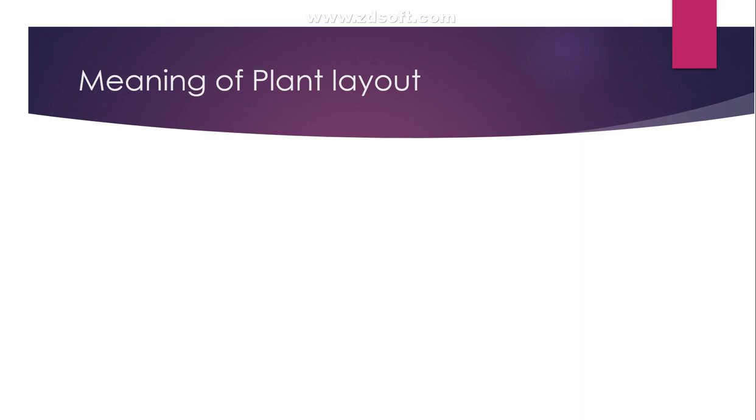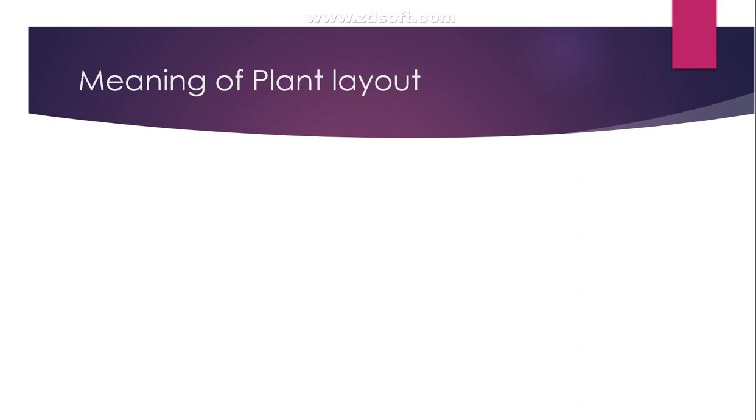What is layout? Layout is the structure of any business organization. Structure in the sense of how the flow of production, or the flow of different functions, is performed in the production function. As we all know, production operations management has to spread its scope into different areas in order to function smoothly. So it is very important. This is one of the major aspects to study and to know what it is all about.